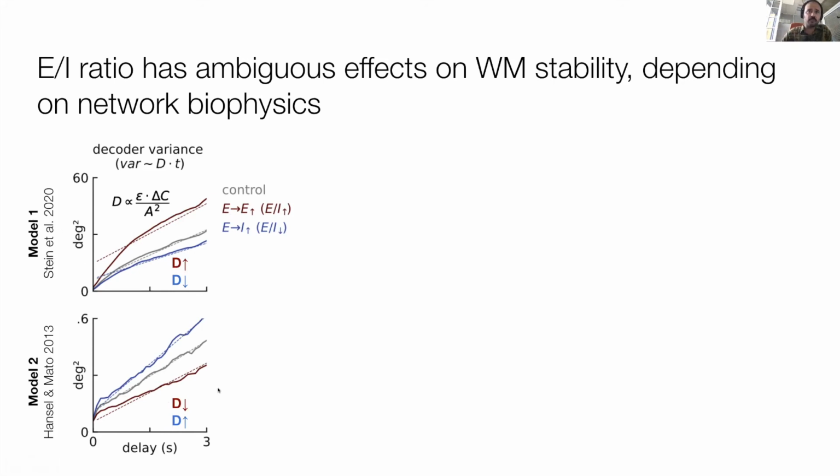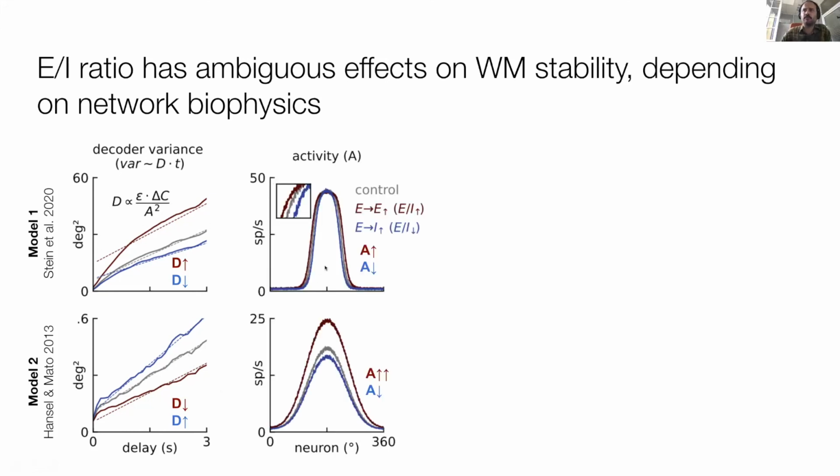But on this alternative model, we see exactly the opposite for the same kind of manipulation. So this raises the question of what's going on here, and right now it calls for caution in interpreting this as a model of schizophrenia, because you could have chosen another model that would be equally plausible, and it gets the complete opposite prediction.